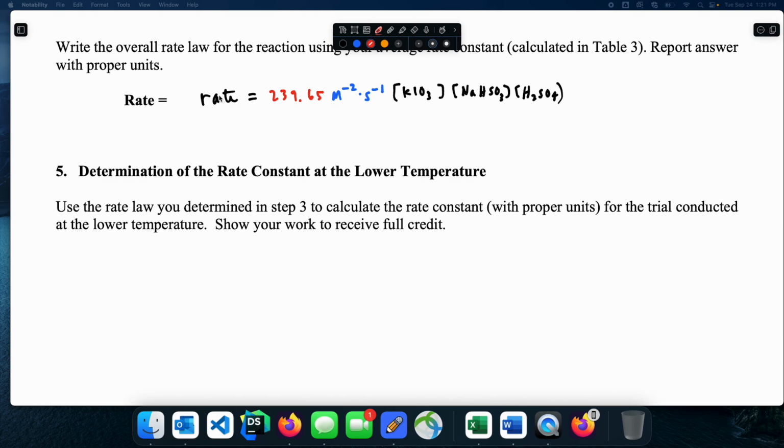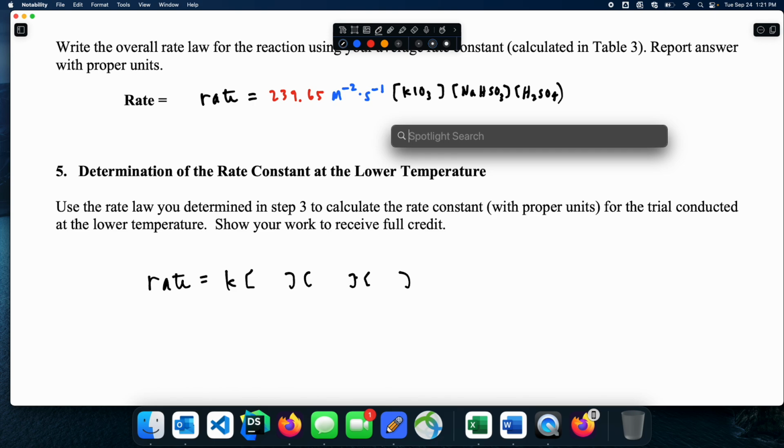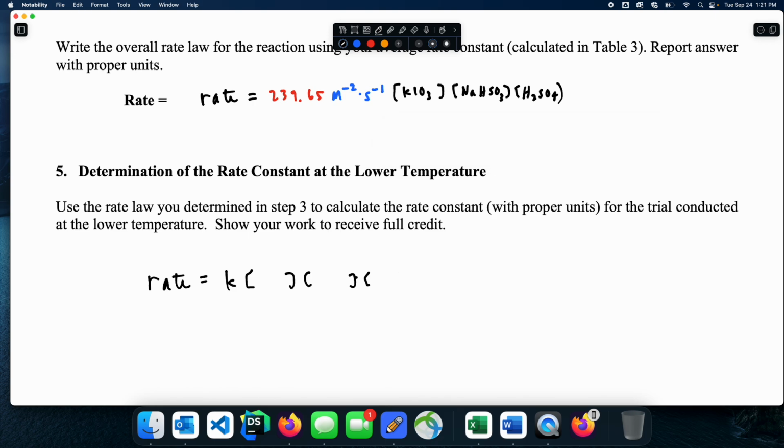We know what the rate law is, but we don't know the temperature dependence at a colder temperature. So let's do this. Let's come over here. Let's say the rate law is this. Get a little sloppy there. And we know it's first order with respect to all three. And since it's first order, we don't usually write the ones. Let's go ahead and say